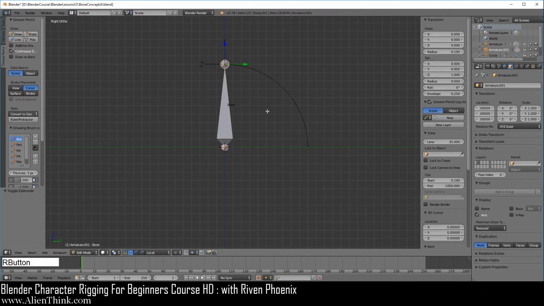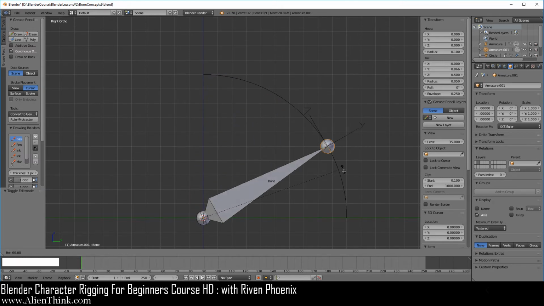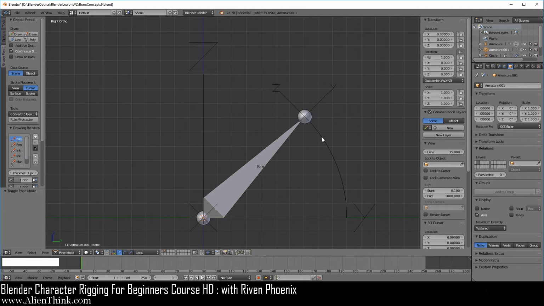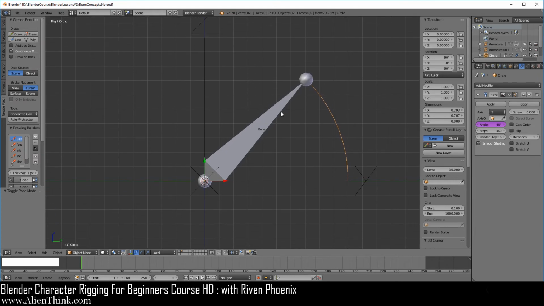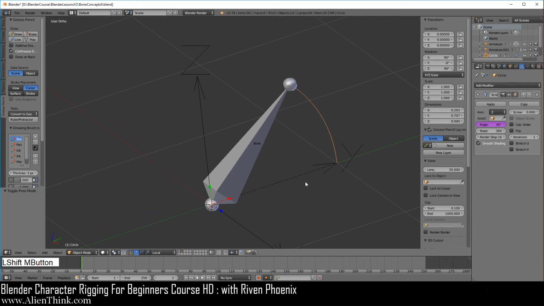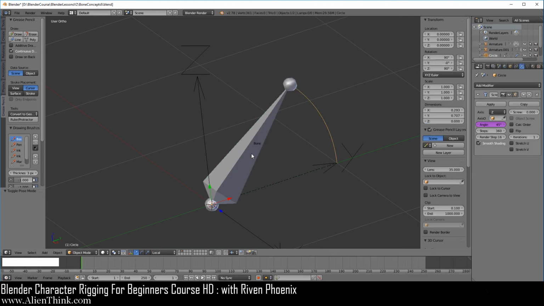So now you can see that here when we click on this bone, go to edit mode, click on its tail, go ahead and just zoom in, press the R key, press the Control key down. When we rotate this bone like this and now switch back to pose mode, notice how this is changing. It's showing you that there is an internal rotation coming out from the bone itself in edit mode. Okay, so I just want you to keep this concept in mind that when we are going to be looking at the copy rotation constraint on bones, we have to understand that this guy is always there.